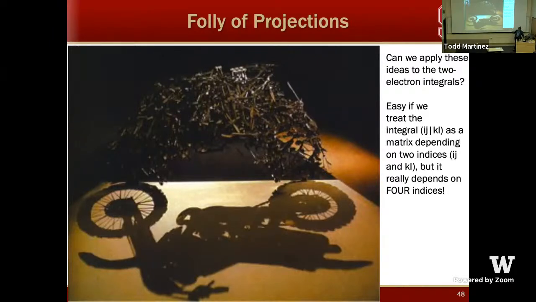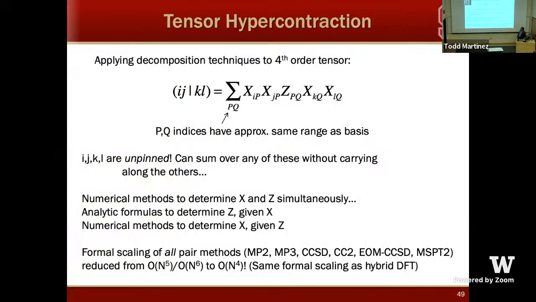And the other reason to tell you about this is that this comes from changing the dimensionality. So if we think about the integrals, we could have taken those and just thought of them as a matrix, taken IJ as an index and KL as an index. But that actually is not really the right thing to do, because that folds the dimensionality in a way that will give you trouble later on. So what we showed, and here I'm just going to tell you the result,